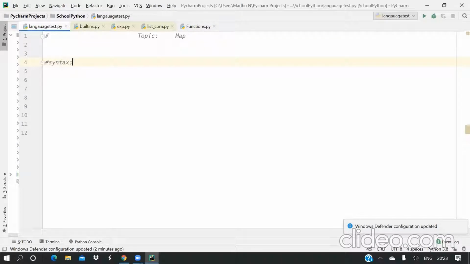The syntax for map using lambda expressions is map, and map receives two parameters. One is a function and the other is an iterable. Now, an iterable can be a list, set, or range. You can give anything. For example, I have a list